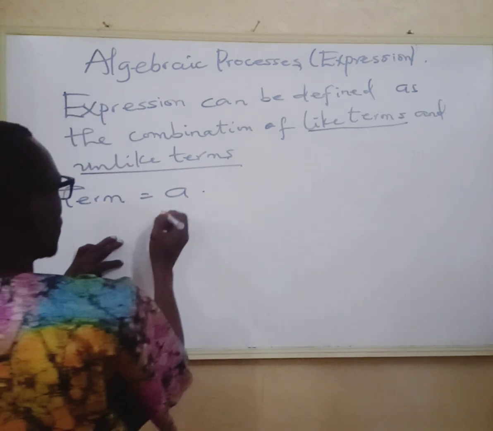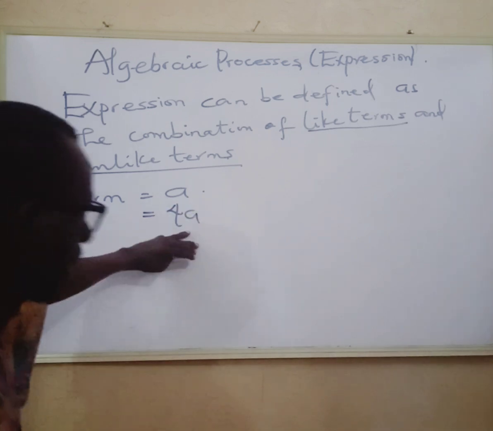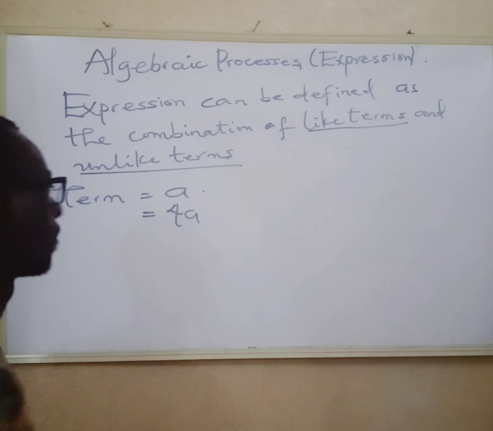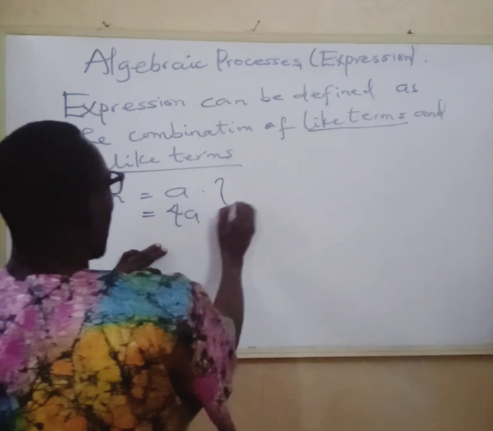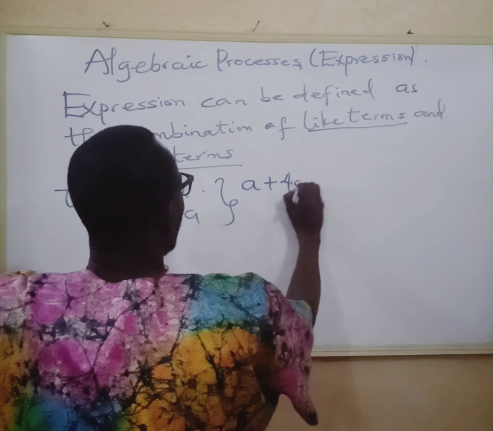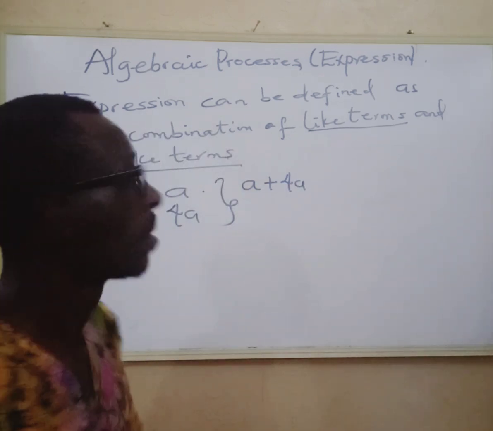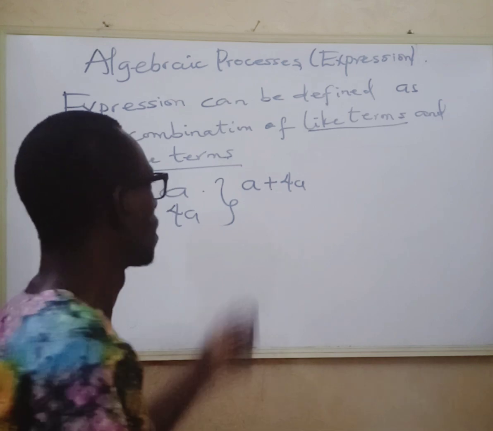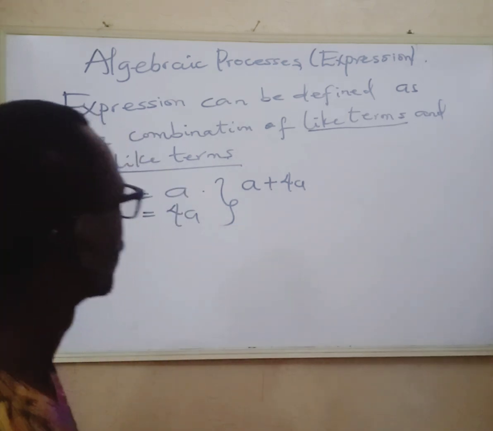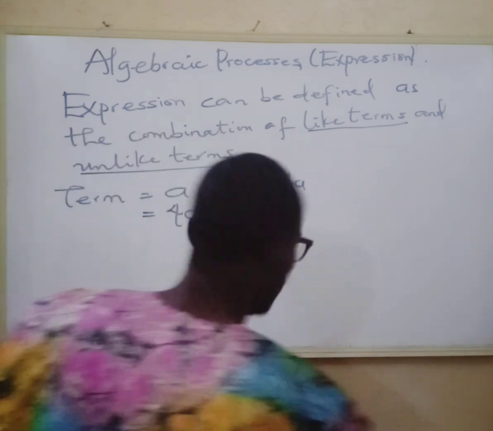A multiple entity of this has to be of A. This is a multiple entity of a term. And also, when we have A plus 4A, this is the combination of terms with the separator positive. So this expression now we can easily add